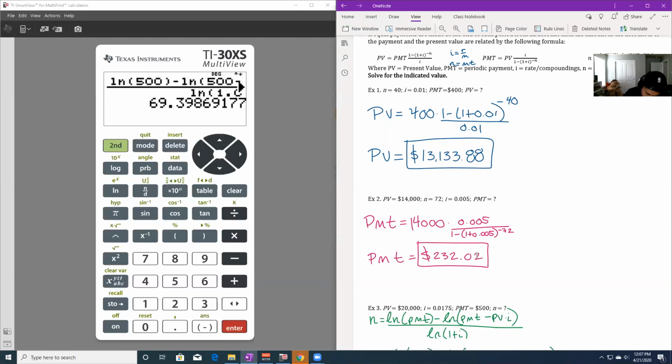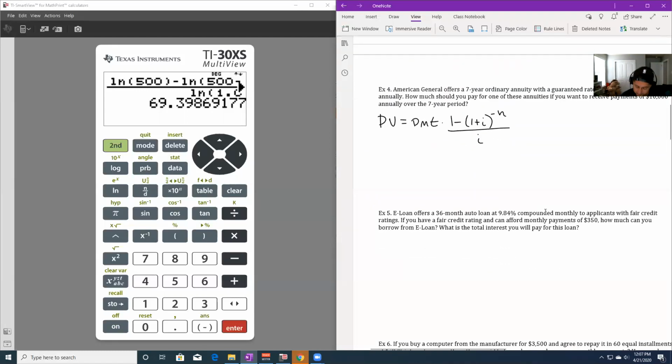So PV equals payment times 1 minus 1 plus I to the negative n over I. Okay, got it down. And there it is. So let's label everything we have. So for this one, payment is $10,000. Let's see, I, which is rate